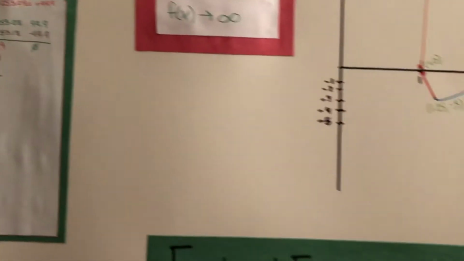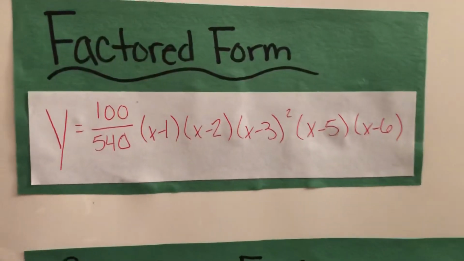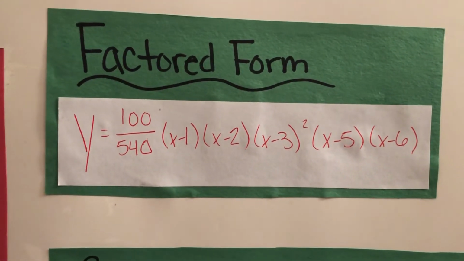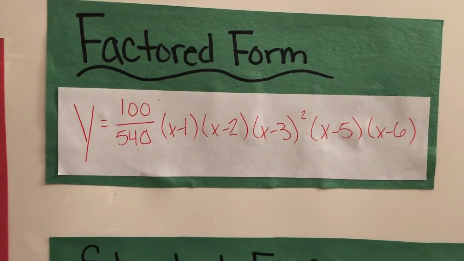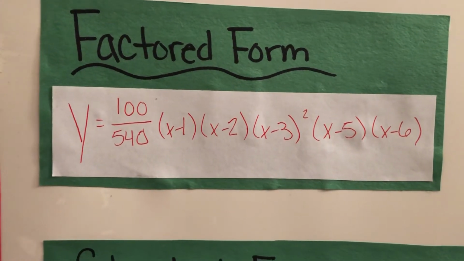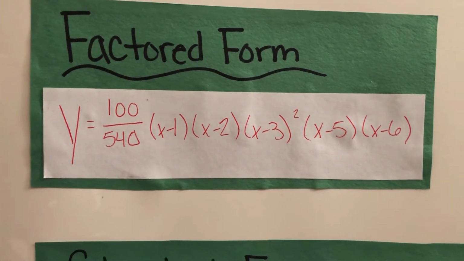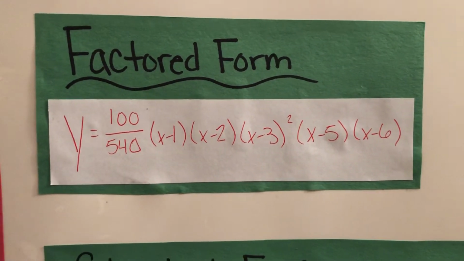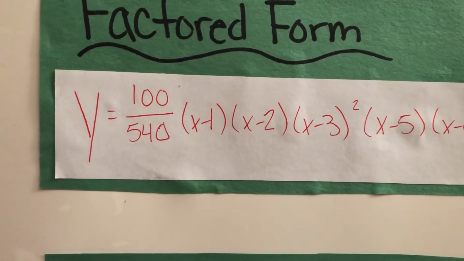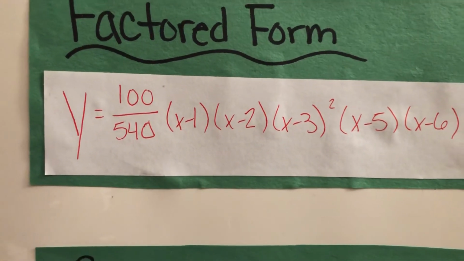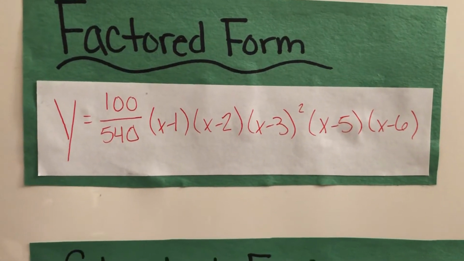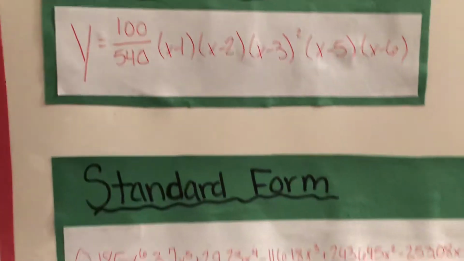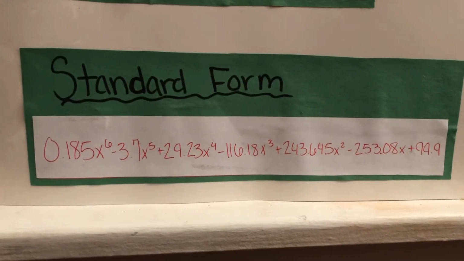So then my factored form was y equals 100 over 540 times x minus 1 times x minus 2 times x minus 3 to the second power times x minus 5 times x minus 6. The 100 over 540 was multiplied by the rest of my original polynomial before I put it into this standard form. So my polynomial is